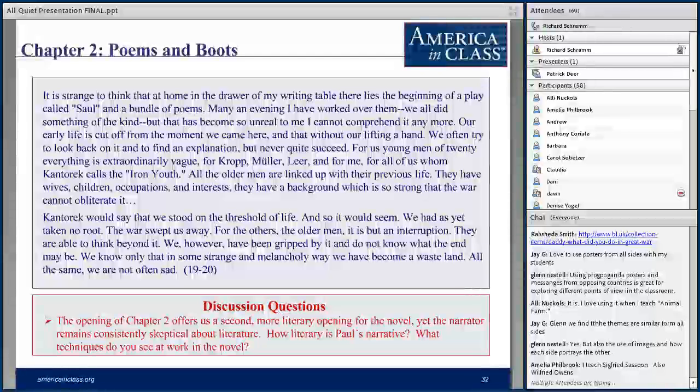So I mentioned that in a way, All Quiet is a novel with two openings. I'm just going to tap into this one fairly briefly because I want to move through the rest of my slides if I may. This is a second opening to the book because in a way, if this was a more high literary novel,